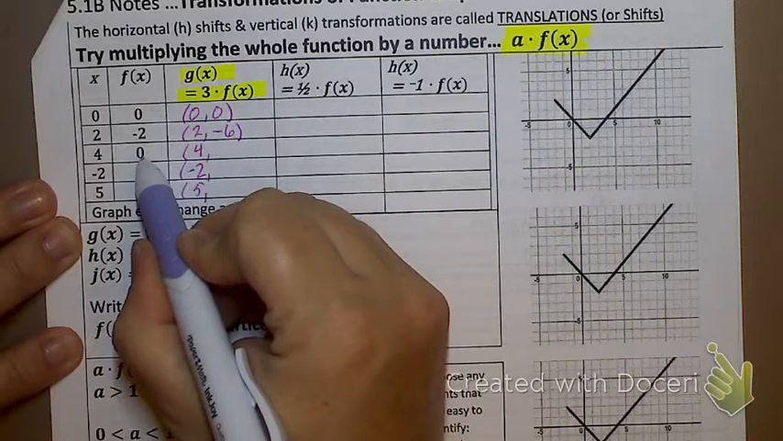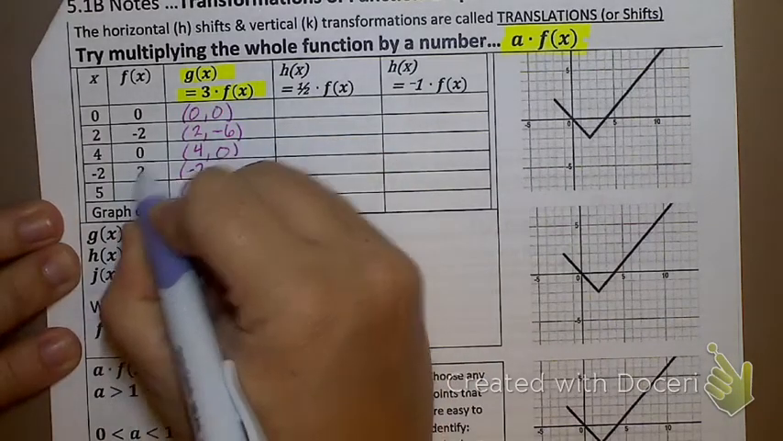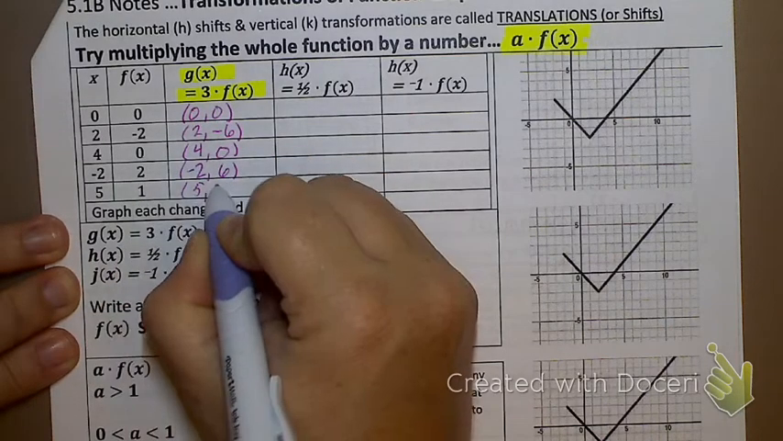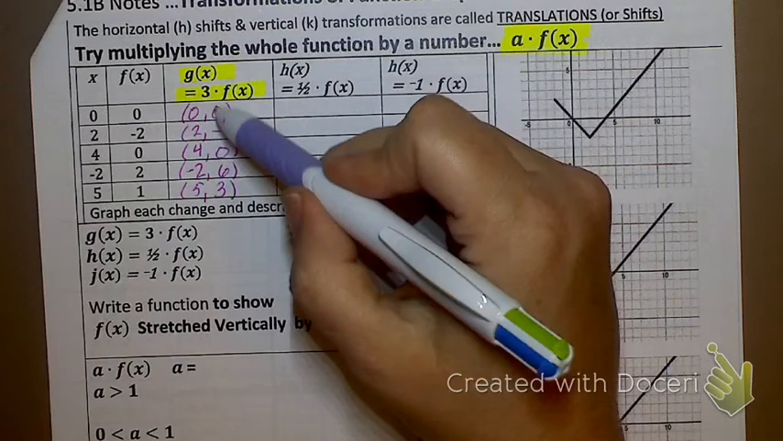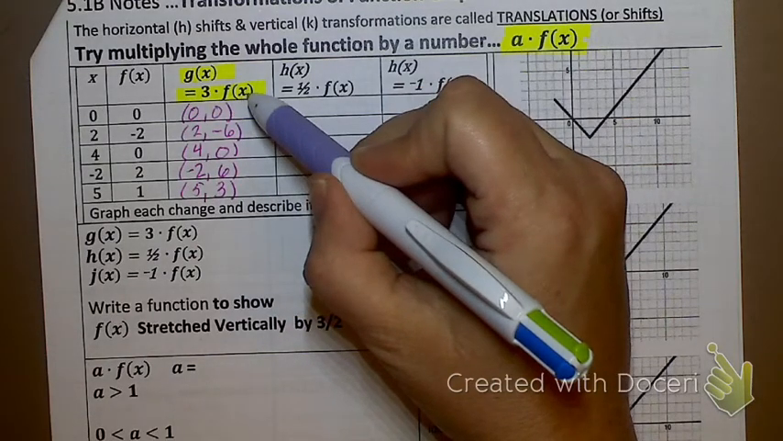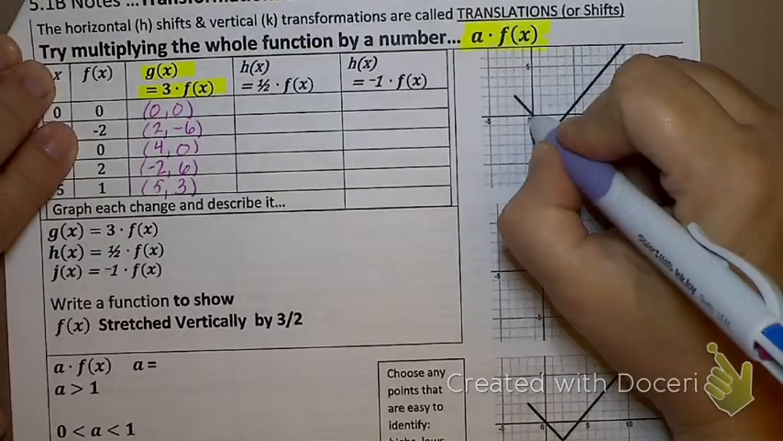Old y value is 0. Multiply by 3 is 0. Old y value is 2. Multiply by 3 is 6. And old y value is 1. Multiply by 3 is 3. These are the points that make up the graph of g of x equals 3 times f of x. So let's plot those points. You ready? 0, 0,